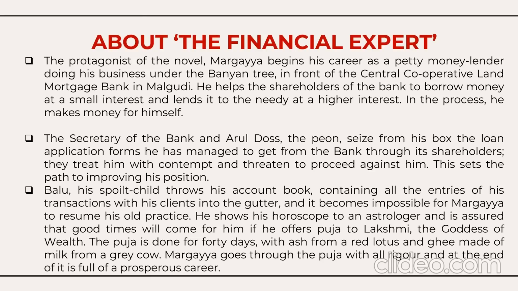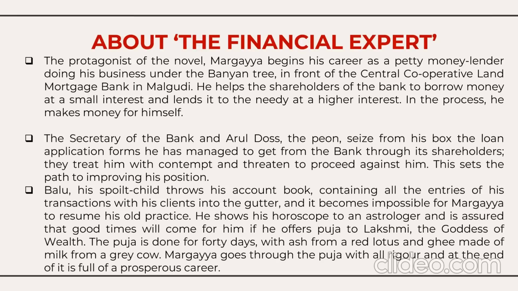He shows his horoscope to an astrologer and is assured that the good times are about to reach, and he has to do some puja to Lakshmi, the goddess of wealth. The puja is done for 40 days with the ash from the red lotus and the ghee made of milk from a grey cow. Margaya goes through the puja with all rigor, and at the end of it, full of